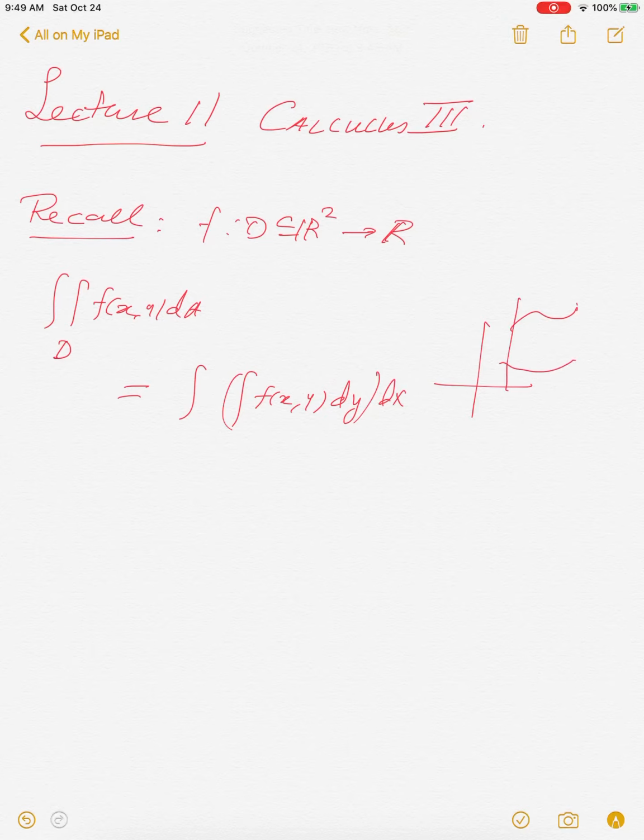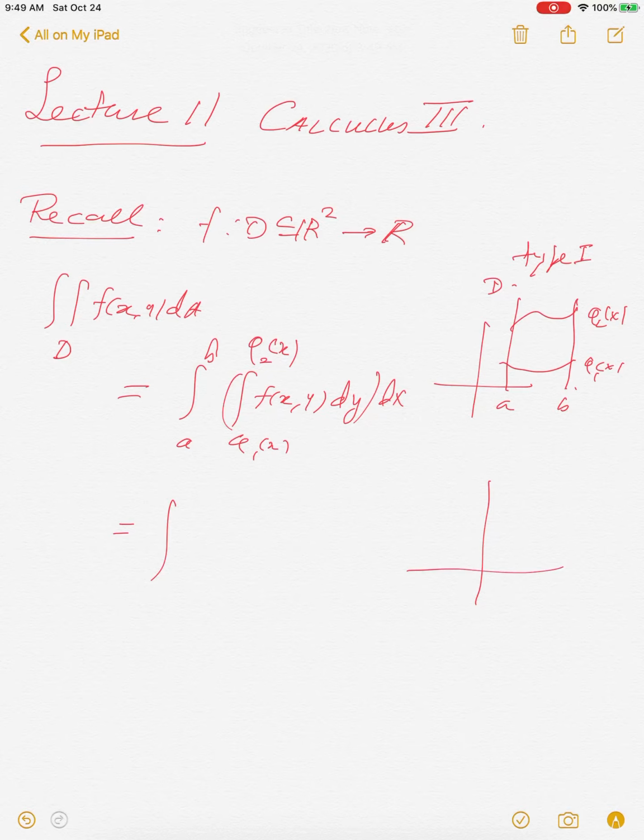So the region looks like that, where the lower bounding curve is y equal to phi1(x), the upper bounding curve is y equal to phi2(x), and x goes from a to b. So this is type 1 D. And then you write this double integral as a repeated integral,